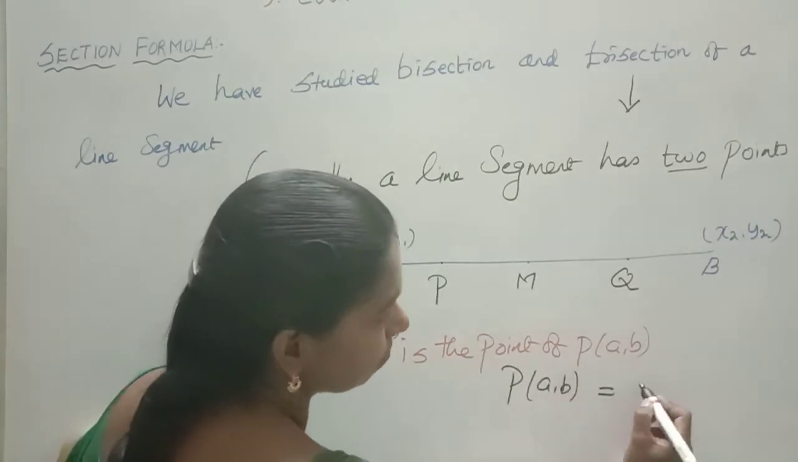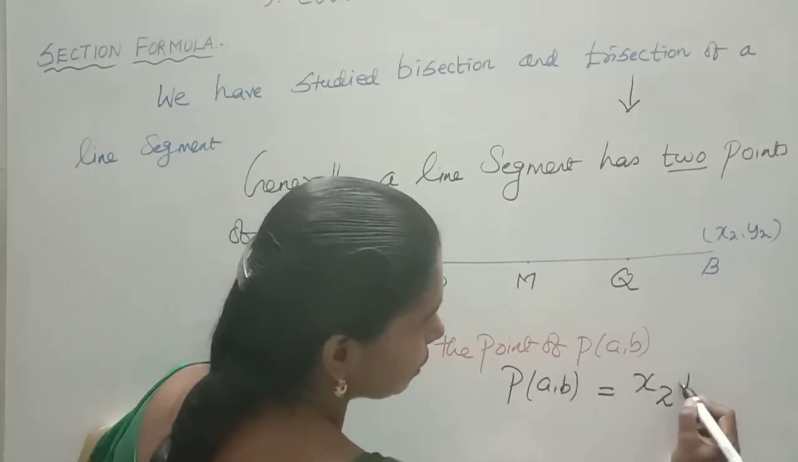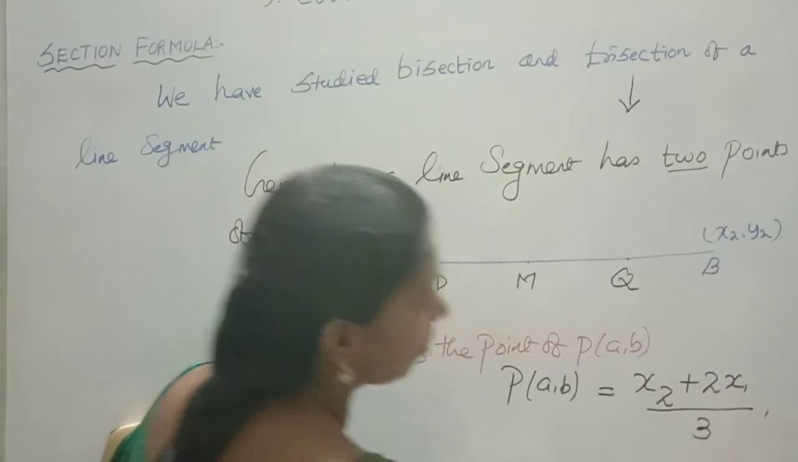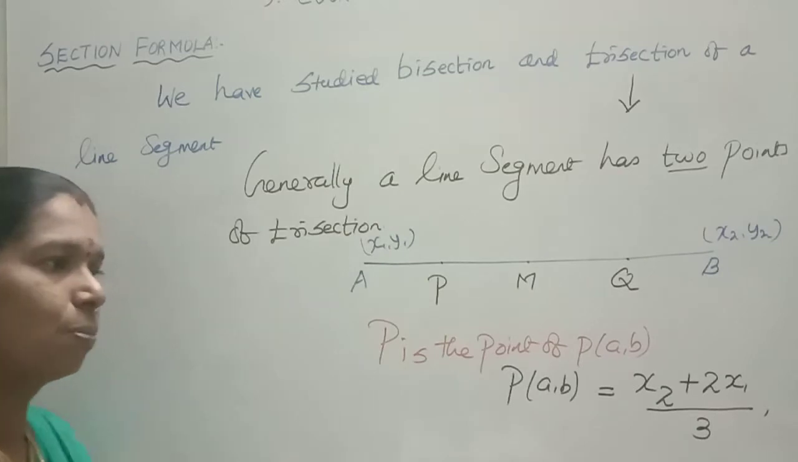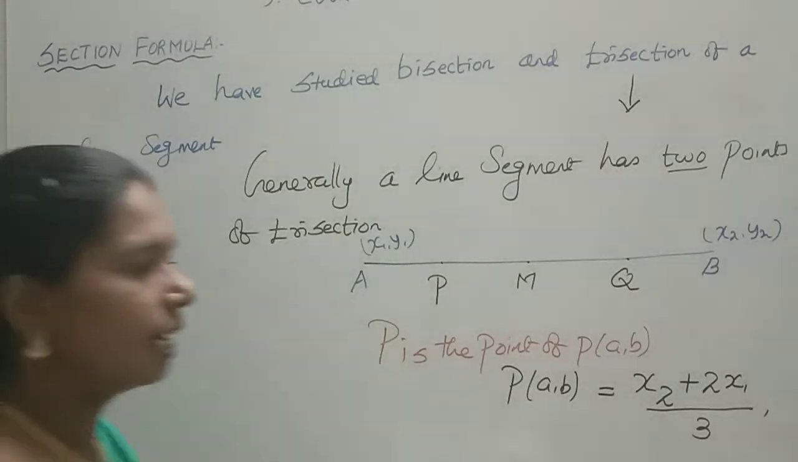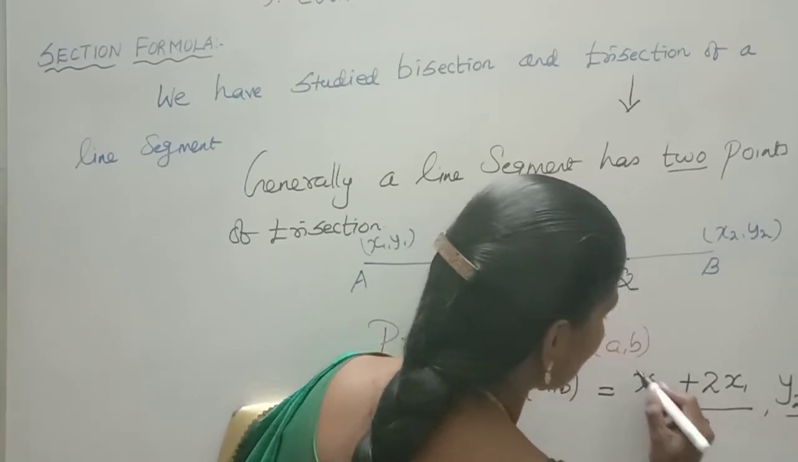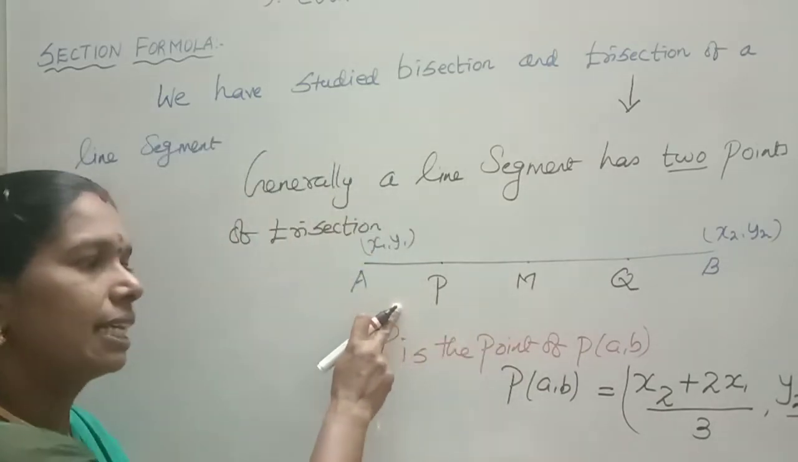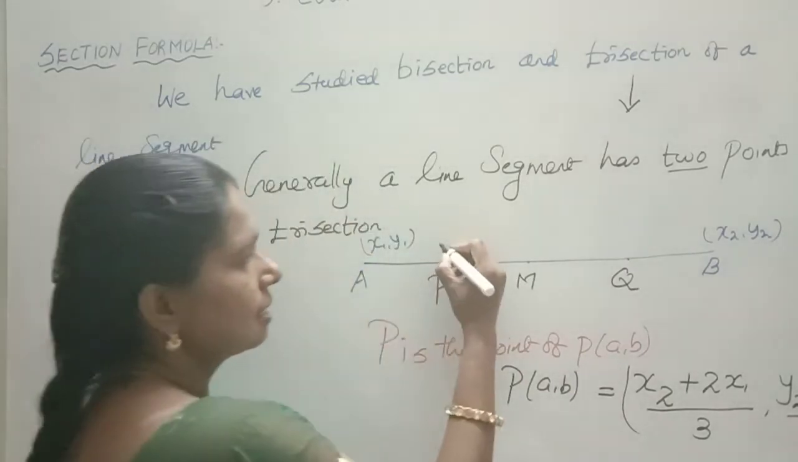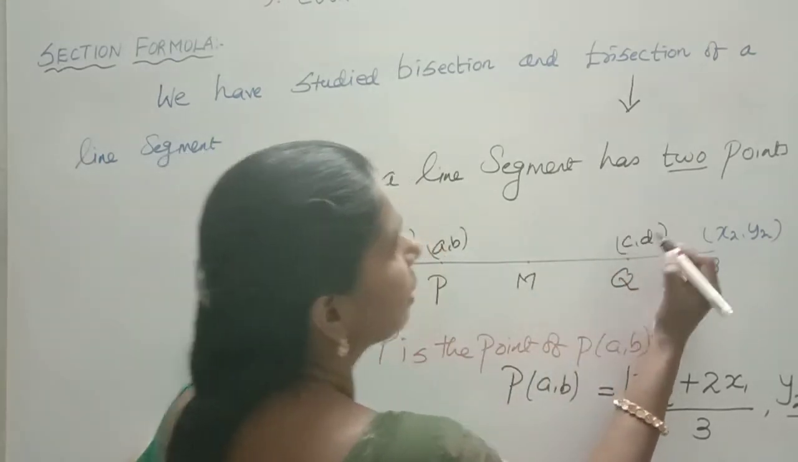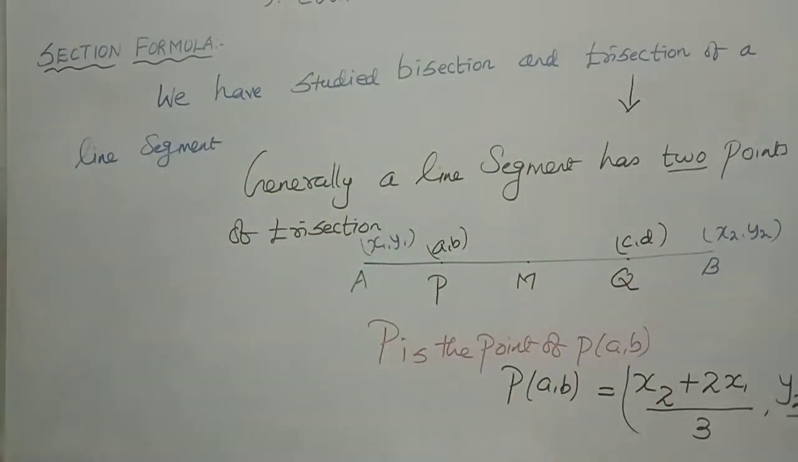It is equal to (x2 + 2x1)/3, comma, because it is trisection. The y coordinate will be (y2 + 2y1)/3. This is the first coordinate, P of A comma B, and this is Q of C comma D. If Q is the point C comma D, then the coordinates will be,